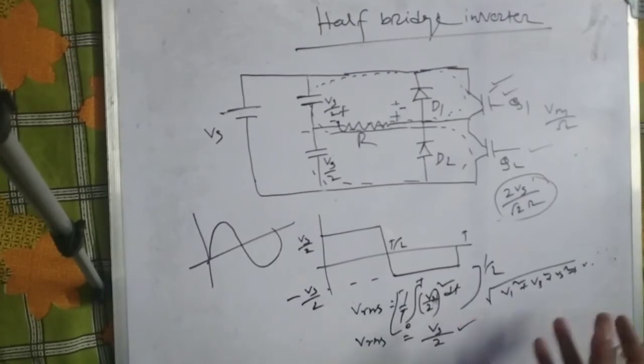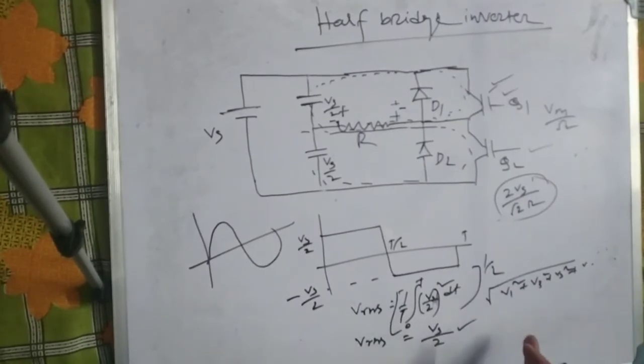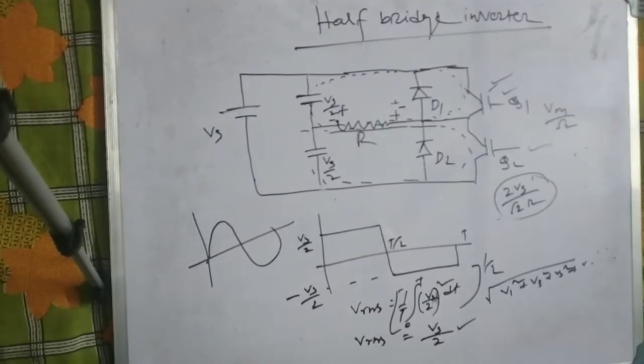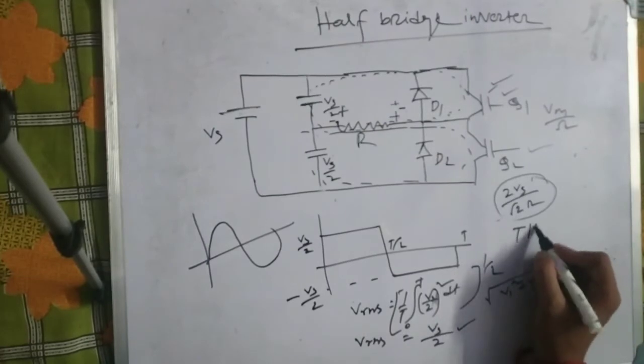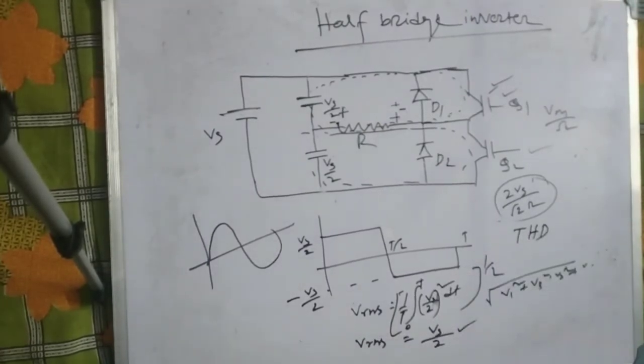Now we have to become familiar with one term, total harmonic distortion. We can see in power electronics gadgets, some mobile charger or any LED light or some electrical apparatus, one term will be there. You can see THD, total harmonic distortion. Or you can see in an inverter or any electrical gadget, there is the term THD. That means total harmonic distortion.